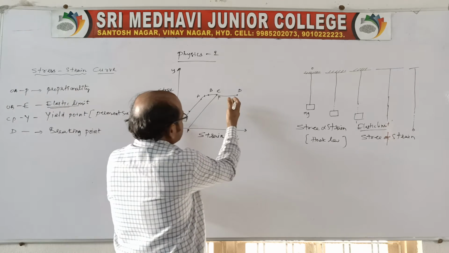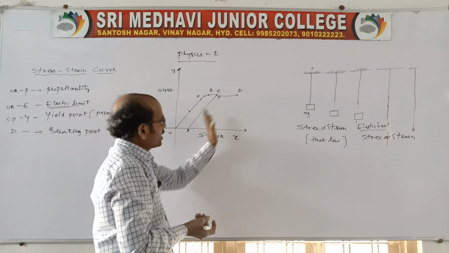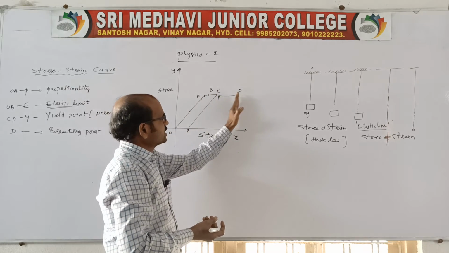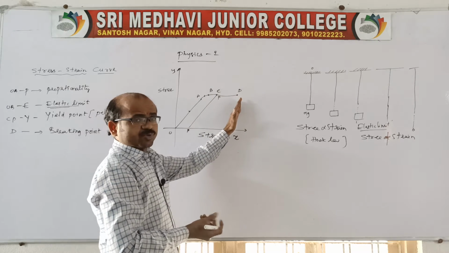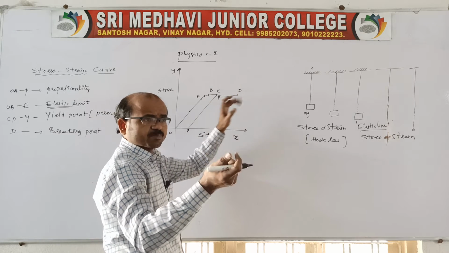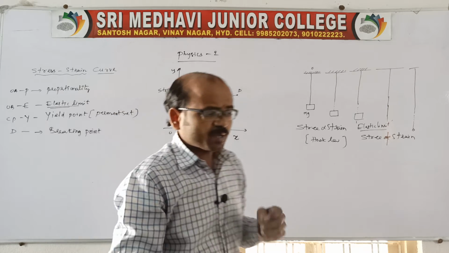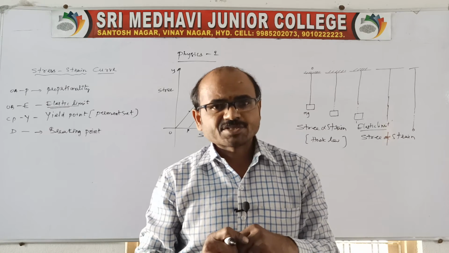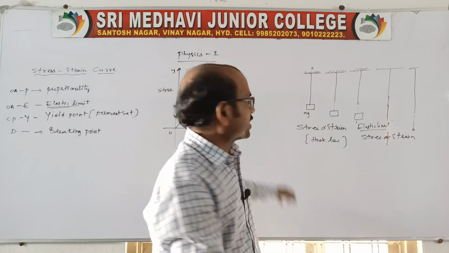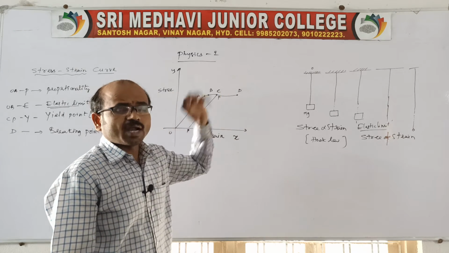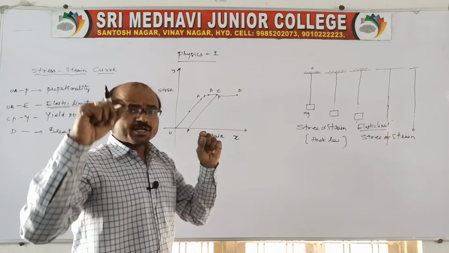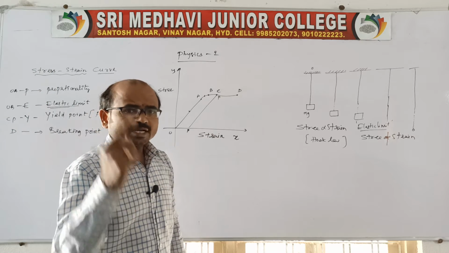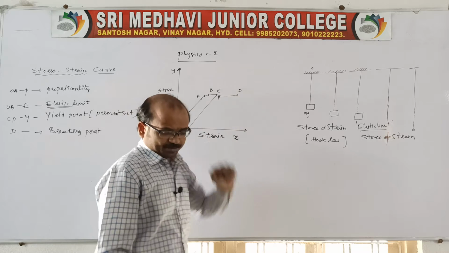Further no need to add, because the stress is applied and strain is produced at all points A, B, C, D. Each and every point you check, strain is produced. The stress is continuously applied, therefore at one point definitely it breaks. The point which we can call the breaking point, because after yield no load is required to be added; then the body slowly undergoes yield, and after that it breaks. That point we can call the breaking point.